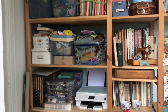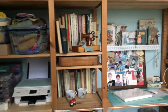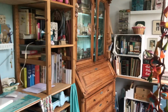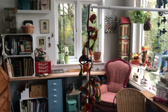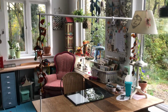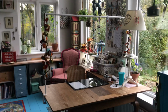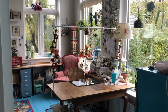So I hope you like this little tour of my craft room. And well, let me turn you around once more. I hope you are not too envious of this beautiful craft room. I am really happy with it, and this is where I make all the beautiful stuff that I gladly share